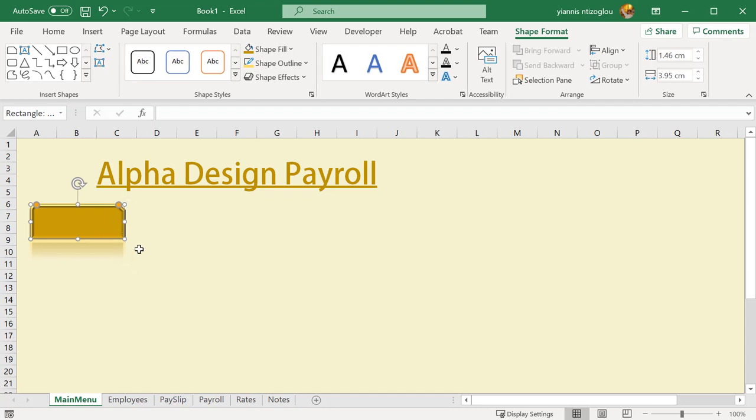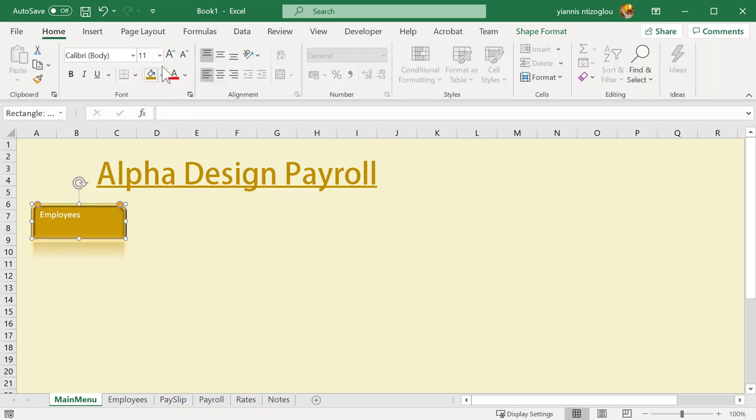So now I'm going to be able to start typing employees, basically the worksheets that I've got. So the first one is employees. I need to make sure that the text is fully customized. I'm going to increase the size. I'll make it bold. I'll make it italic. I'm going to center align it. I'm going to change the font color